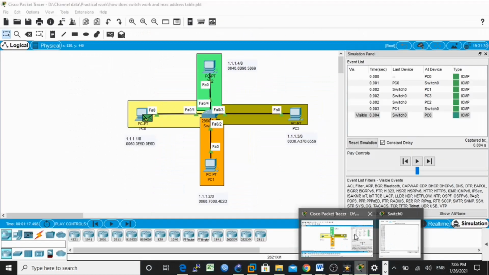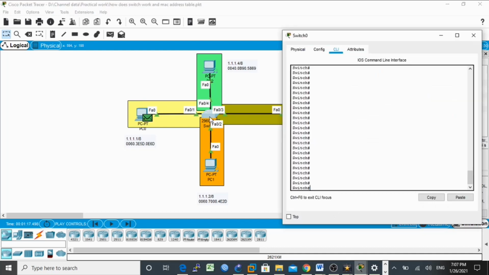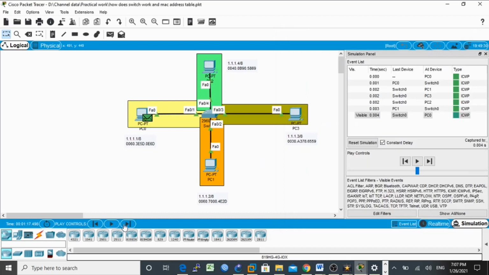Okay, let's move to this topology. I will show you the MAC address table. We discussed in the last lecture the default behavior of the switch when it receives a frame the very first time. It will broadcast, right? It will forward here, here, and here, so only the destination PC will respond. So first check the MAC address table, because right now there is nothing in it. So it will broadcast the frames. Let's check.